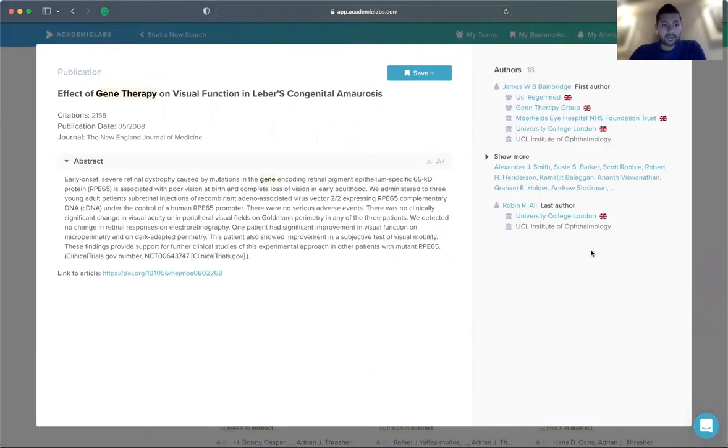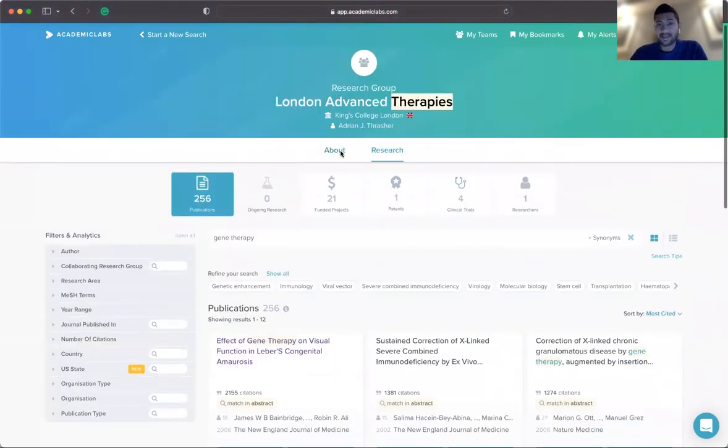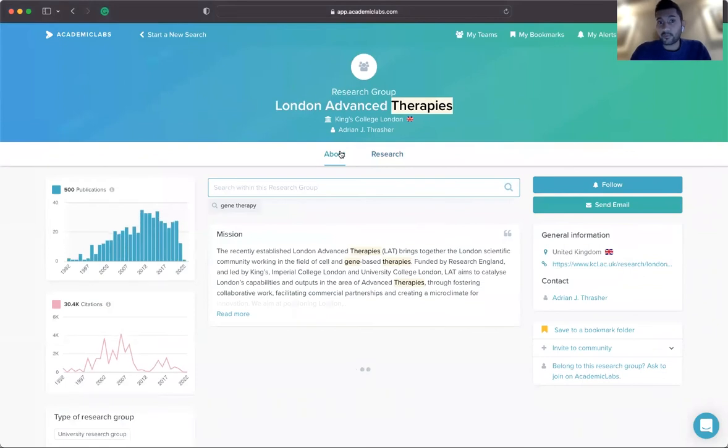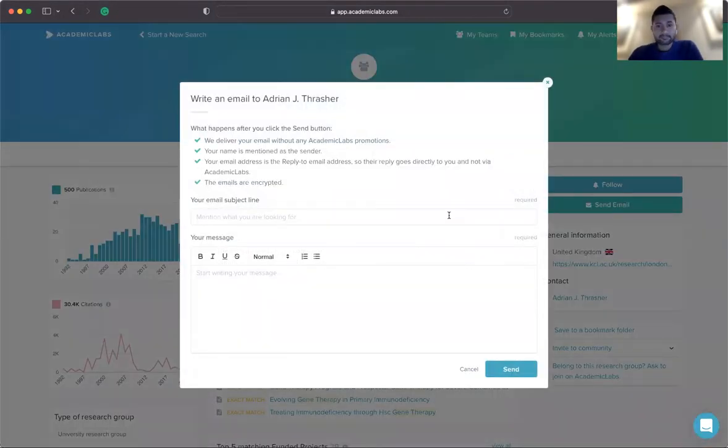And you can read the abstract and see the full text by clicking this link if your organization has a contract with the publisher. So you can do all that and more by going to the research section. And if you feel this is a good fit for you, you can just click on the send email button, and you can contact this research group directly from Academic Labs.